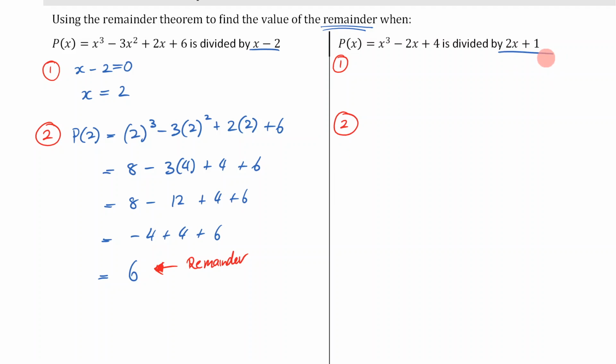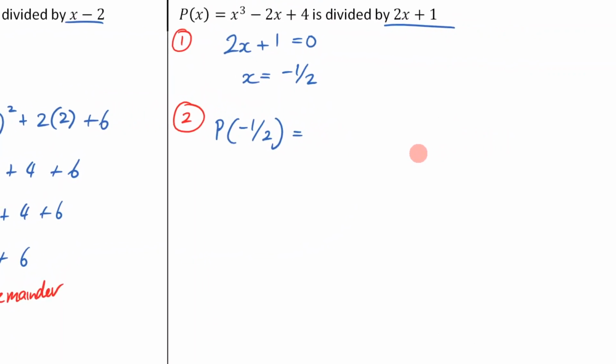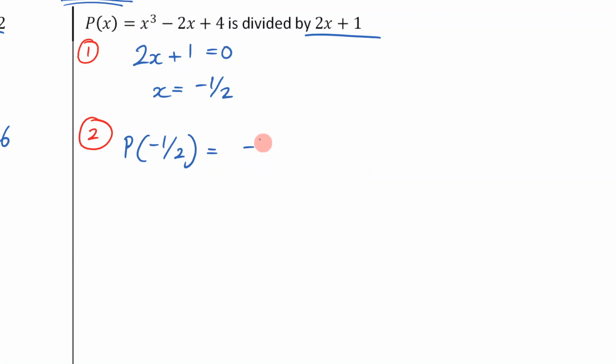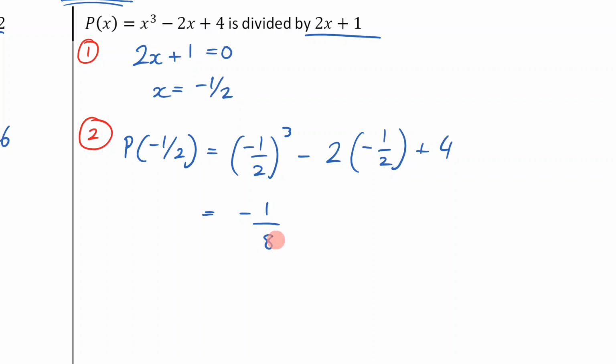So I take my divisor here, 2x plus 1 is equal to 0, and I solve it for x. So that's going to leave me with negative a half. Then I take that and I substitute it into p of x here. So p of negative 1 on 2. This is just going to be a bit fiddly because I've got some fractions here. So it's going to be negative 1 on 2, then I'm going to cube it, then I'm going to go minus negative a half plus 4 is equal to, now when I cube a negative, it stays a negative,